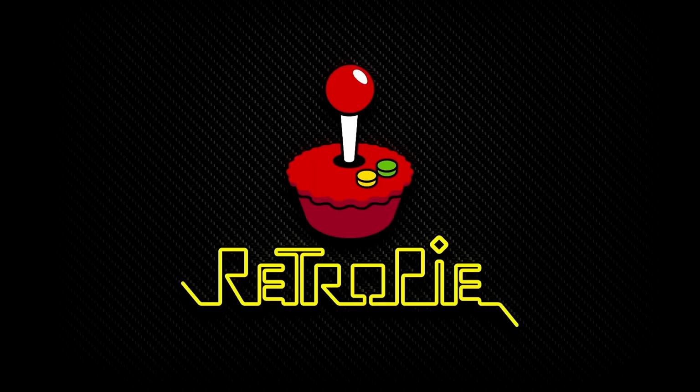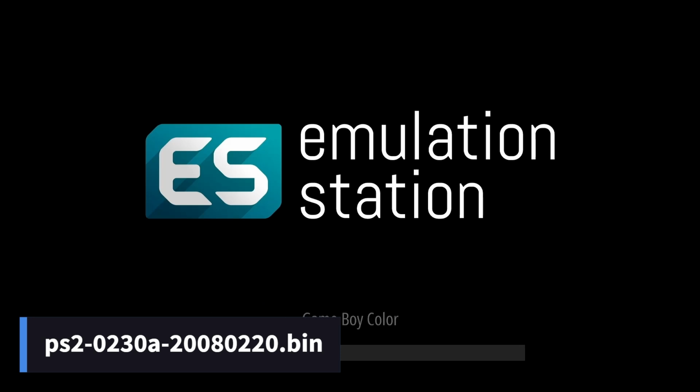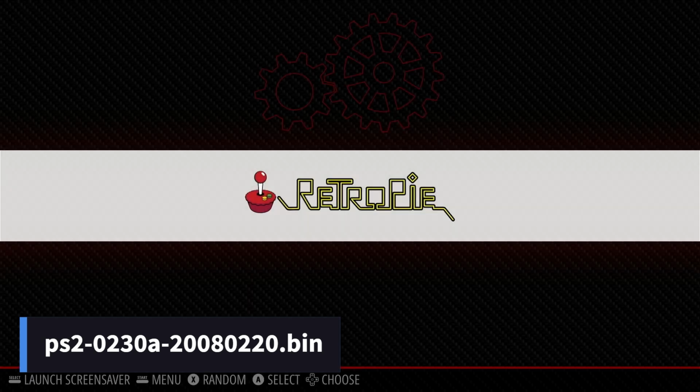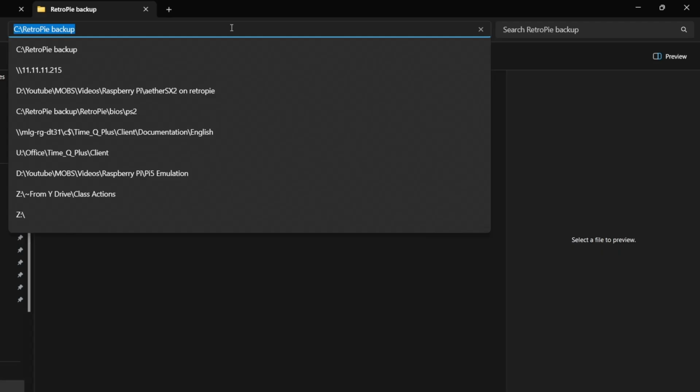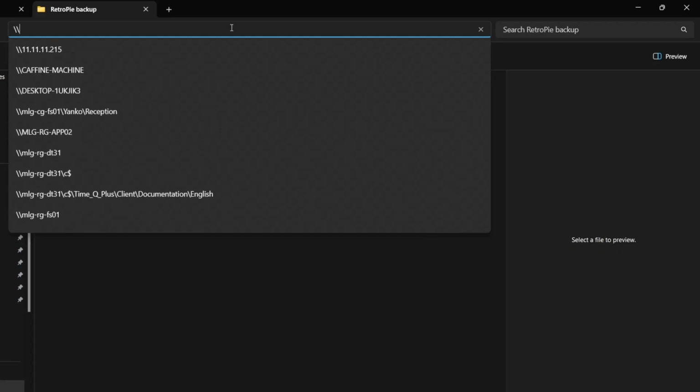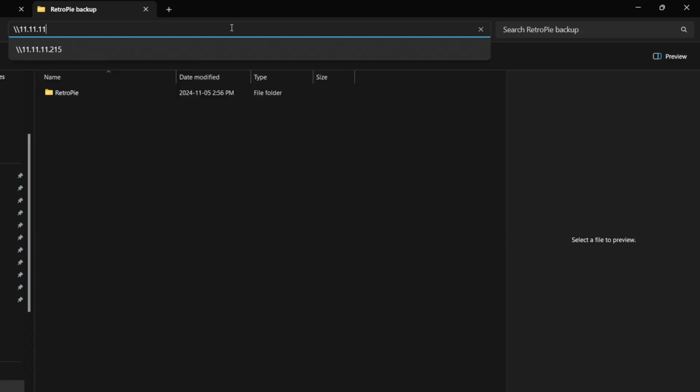But if you actually want to use it, you're going to need the BIOS and some PS2 games. The file that you need for the BIOS is this. You'll have to dump this on your own from a PlayStation 2 like I did, or a quick Google search can probably help you. Once you have it, connect to your Pi via FTP,